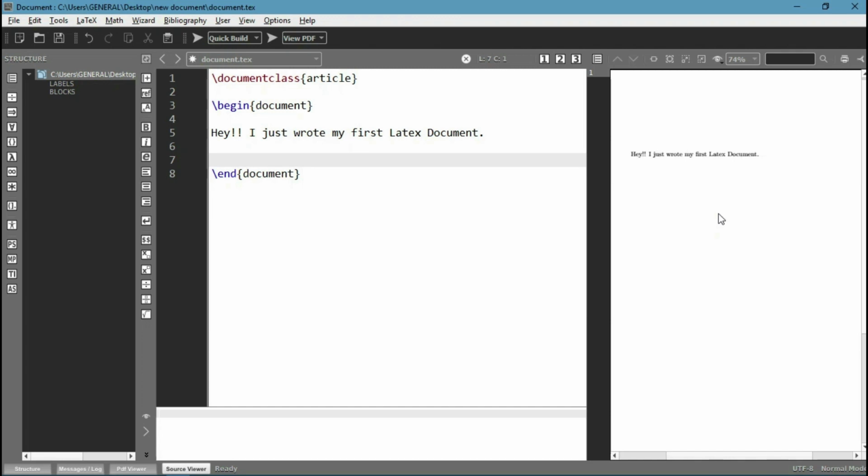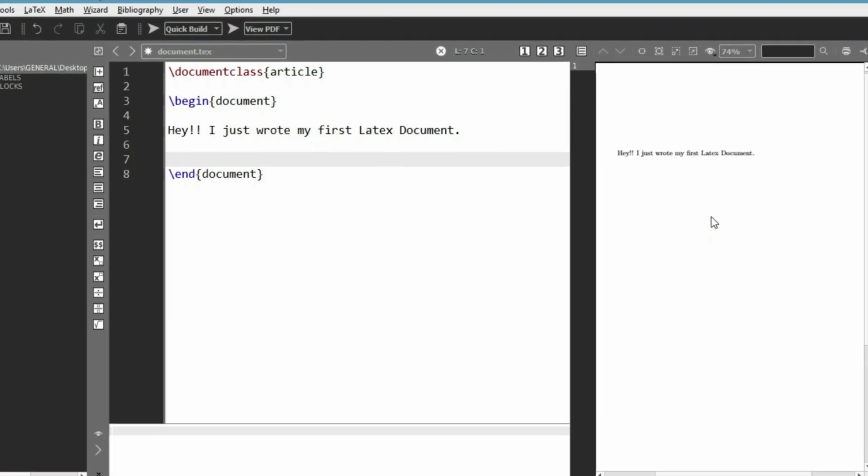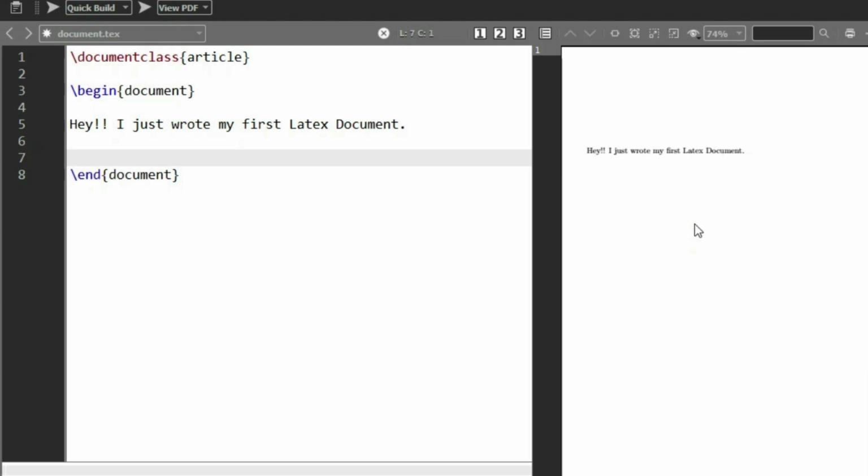In the last tutorial, all that we were able to do was just define the document class and then write just a piece of code or a document saying, hey, I just wrote my first LaTeX document. So in this tutorial, we are going to focus on how to add a title, author, date, and then comment